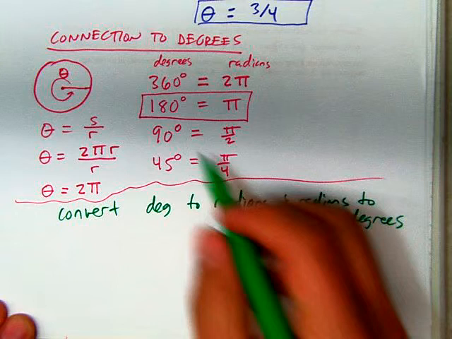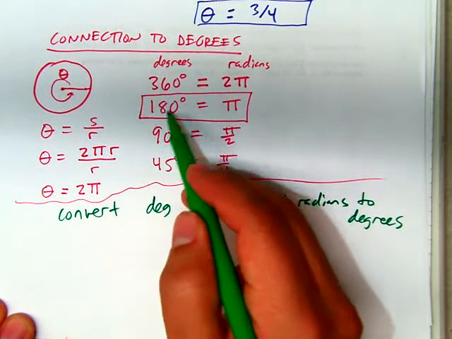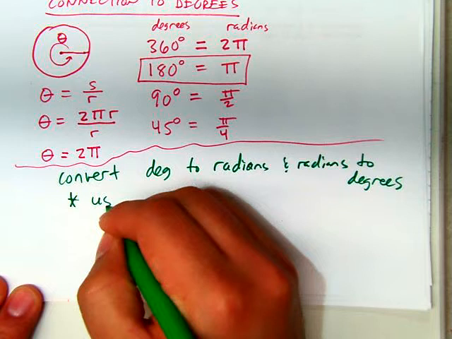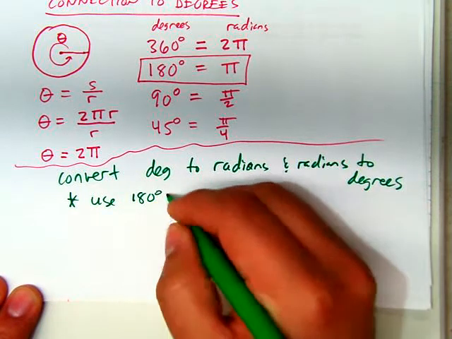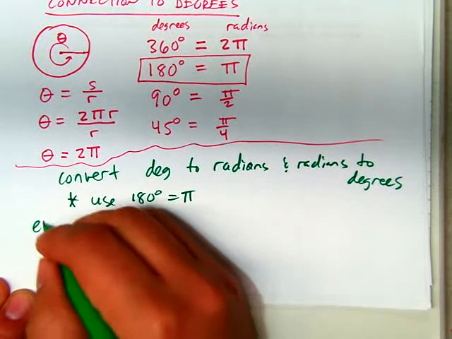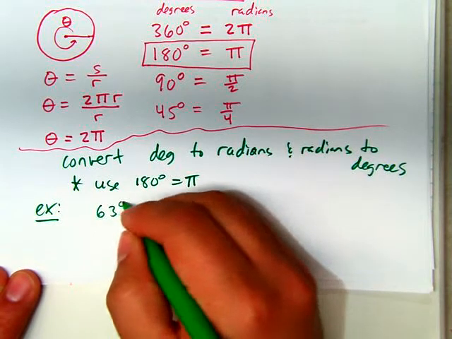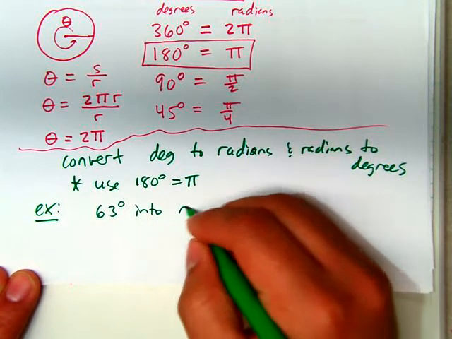And actually, it's all based off of this link right here, that 180 degrees equals pi. Okay, so we're going to use 180 degrees equals pi, and here are some examples. So for example, if we want to convert 63 degrees into radians,